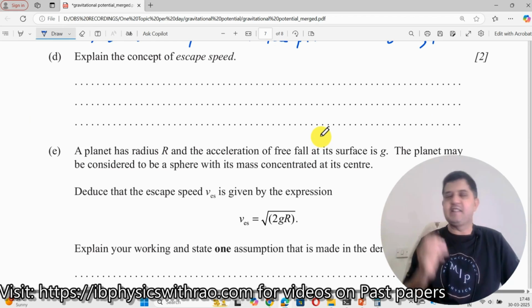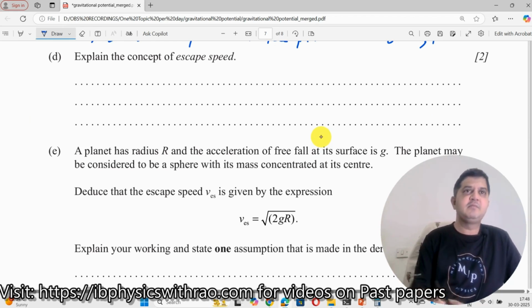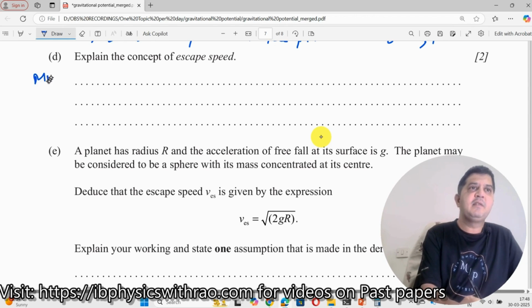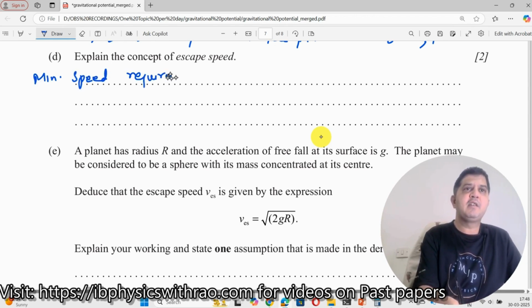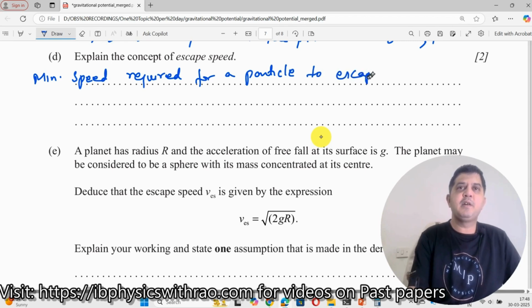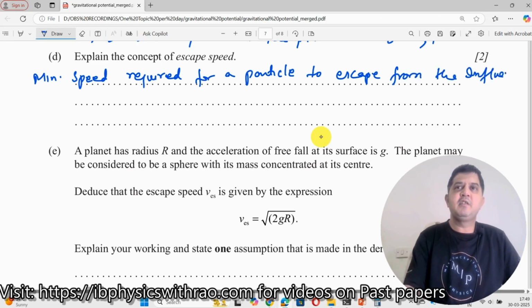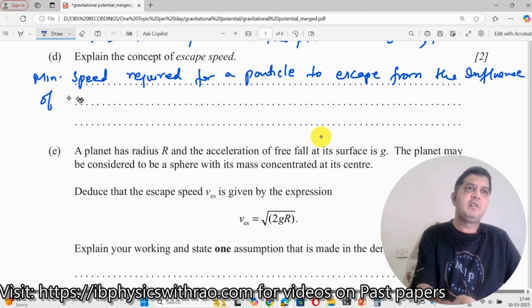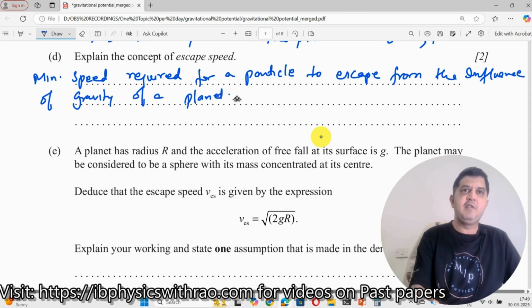Then explain the concept of escape speed. So what do you mean by escape speed? Escape speed, what is it? The minimum speed required for a particle to escape from the influence of gravity of a planet. You can mention until here,